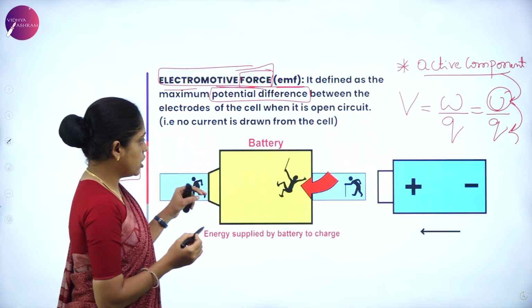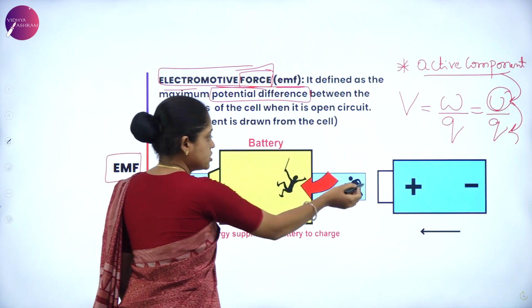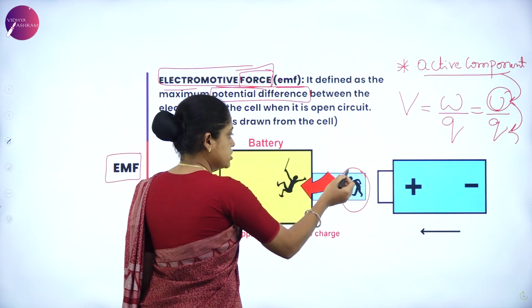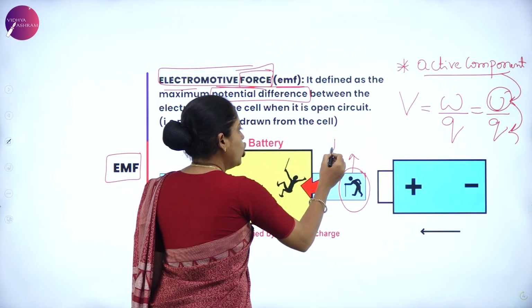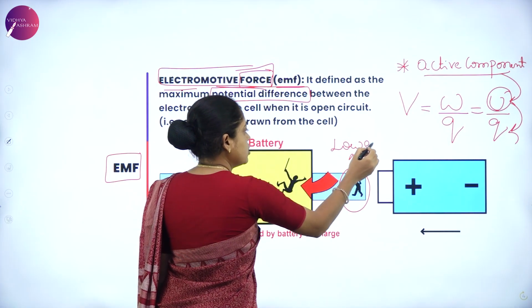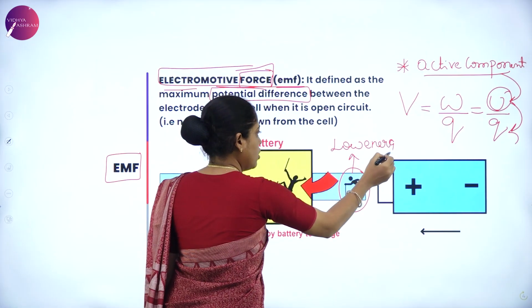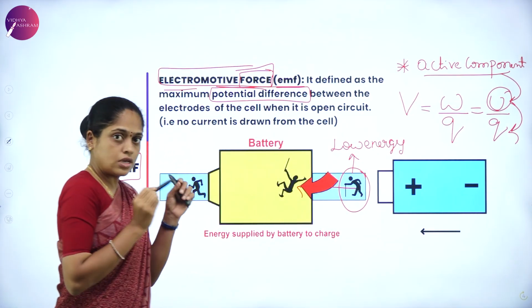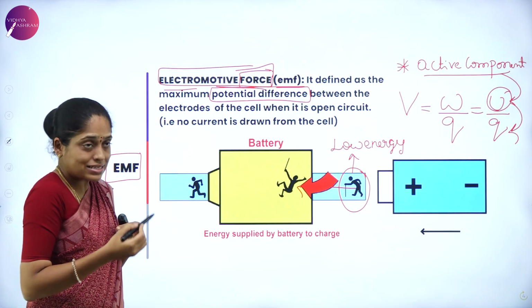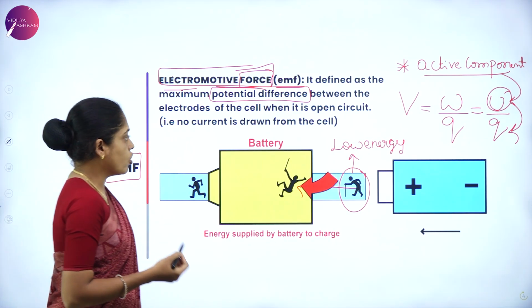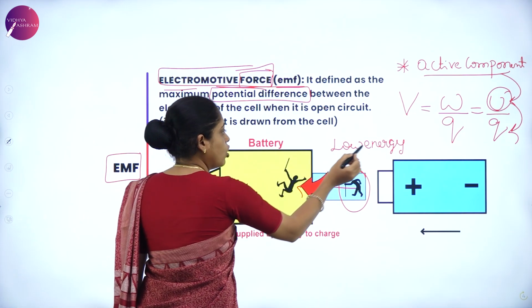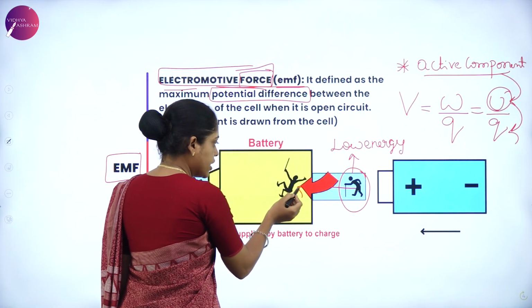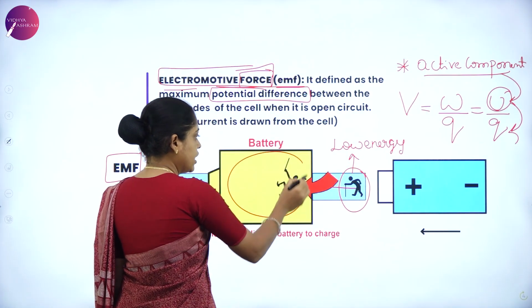Yes, here is the picture. Look at the picture. A person. This represents low energy. The person with low energy, when he enters the battery, here the person represents the charge. The charge with low energy, when it enters the battery,